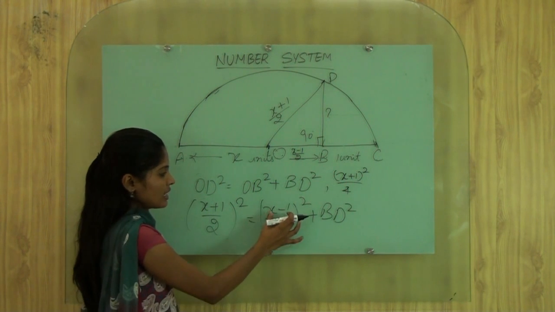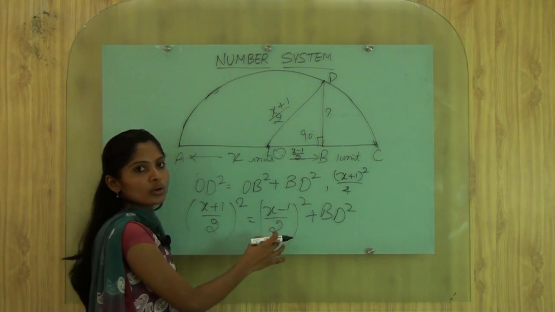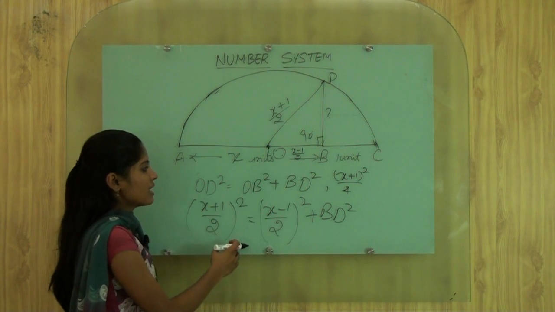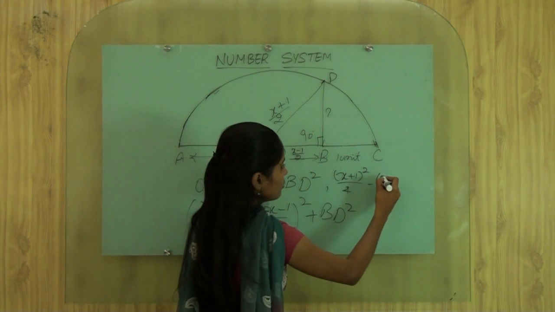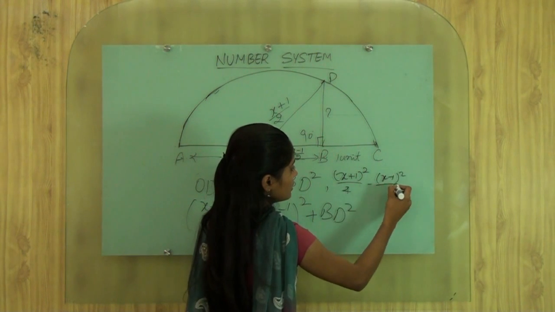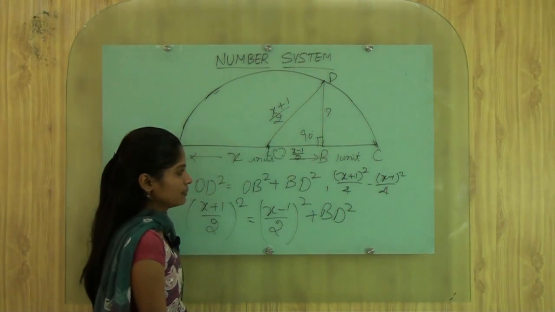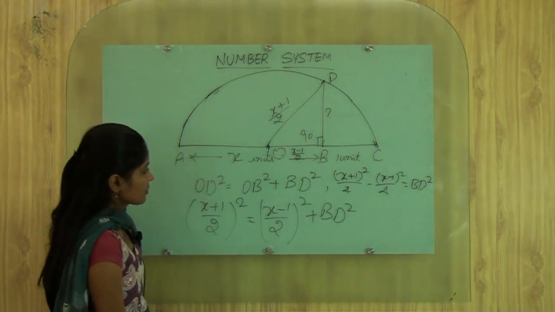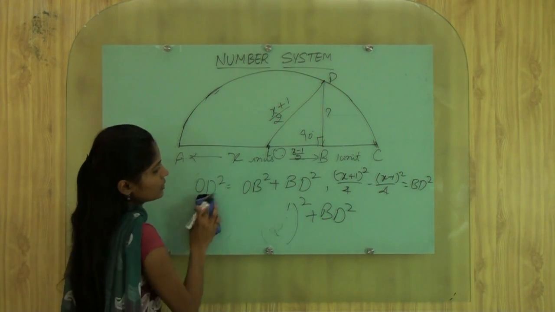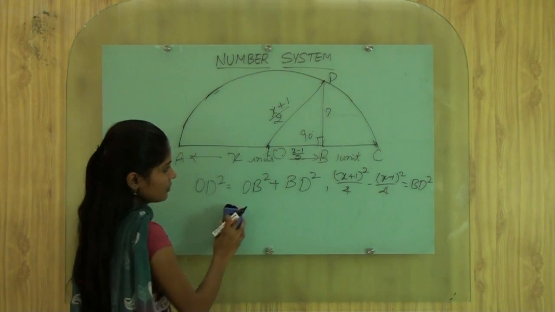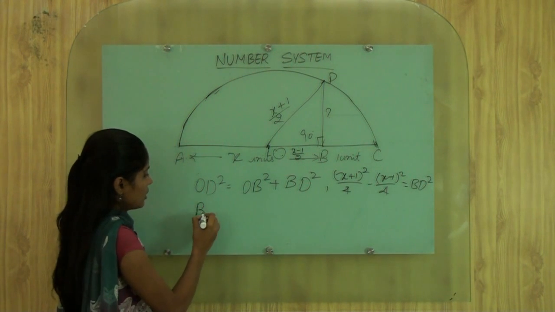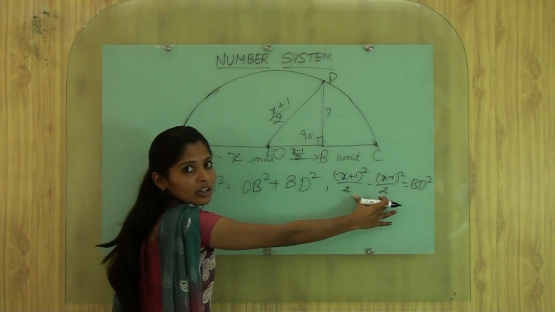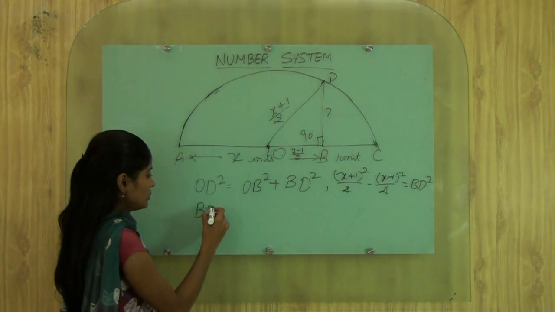Let's bring this x minus 1 by 2 whole square towards LHS, then it becomes minus of x minus 1 whole square by 4 is equal to BD square. Let's write it down here. From here we are writing BD square is equal to